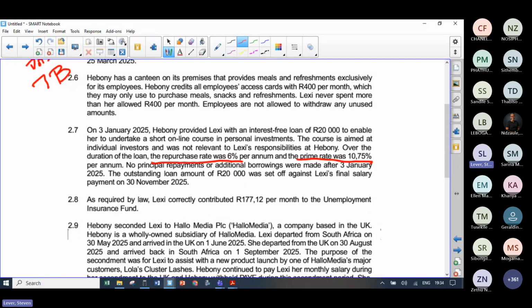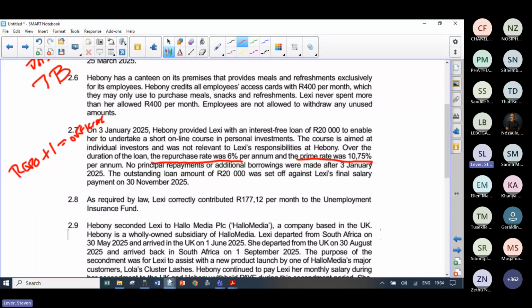Okay. Mark Charles Nyango, you are correct. You will use the repo rate plus 1. So guys, they can either give you the official interest rate. What is the official interest rate? Repo rate plus 1. So because they use repurchase rate, 6% here, you need to understand that repo plus 1 equals official rate. Okay. So guys, your official rate is repo plus 1. You would have used 7% in this question. Okay. But you don't need to use 7%.